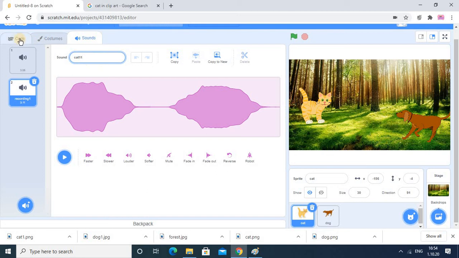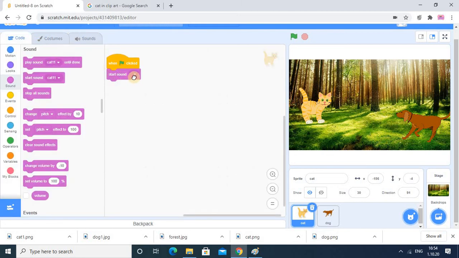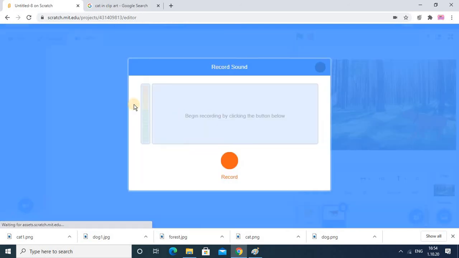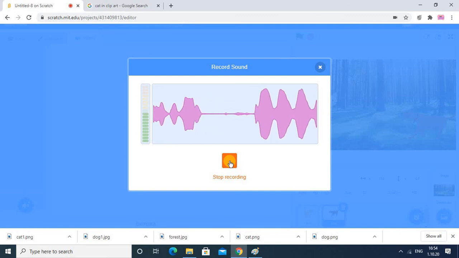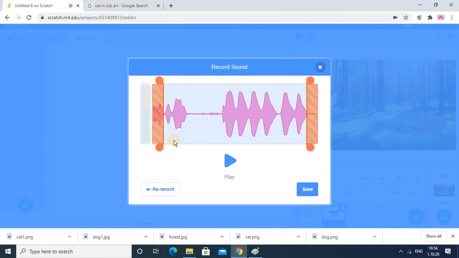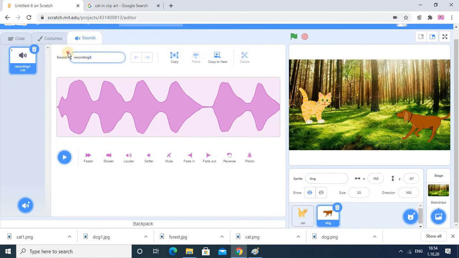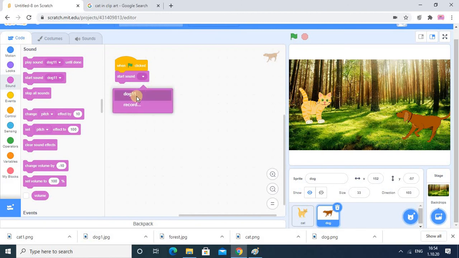And then I'm going into the code section. Here the cat1 name is there, so that I have uploaded. Now going into the dog section, do the same thing, click on record, select record. Whoa, whoa, whoa. Then here you have to cut it out. Then play one time. Whoa, whoa, whoa. Save it. You can play it from here. Then going into the code section, upload that file.